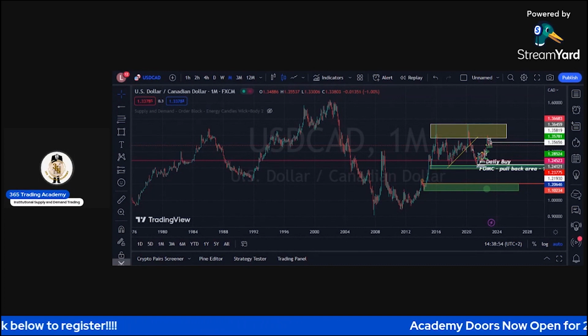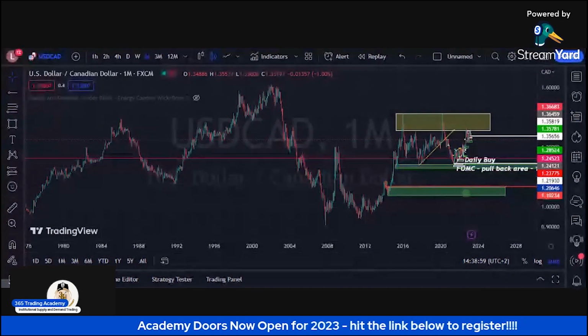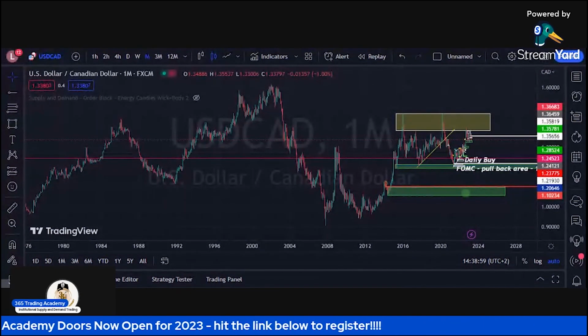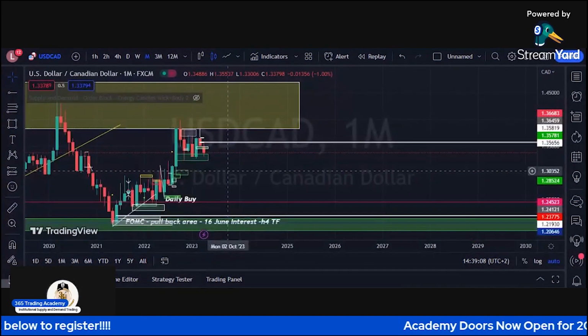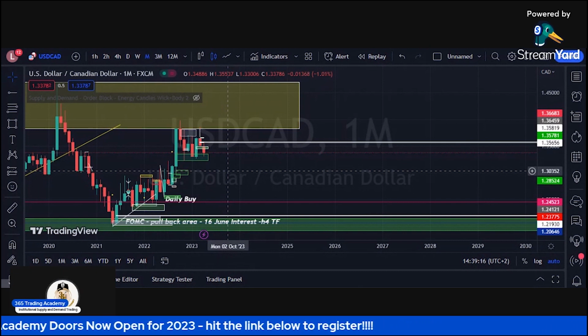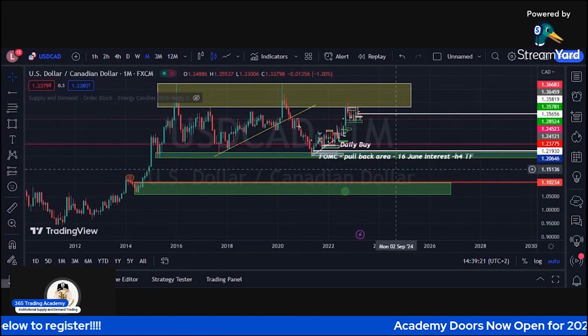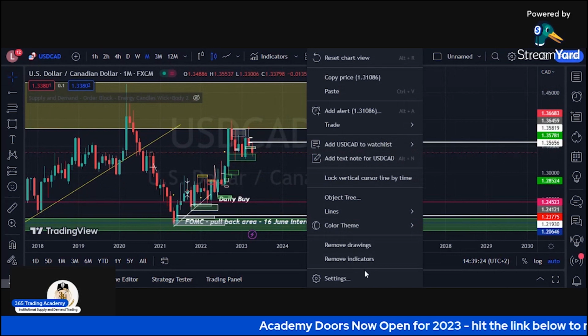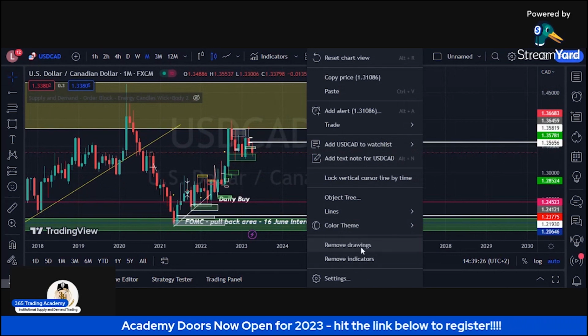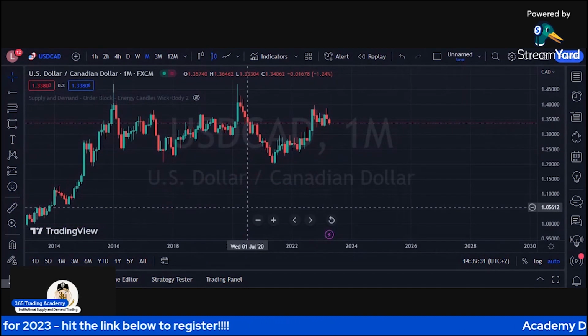Right, so without wasting any more time, USD CAD is the chart of the day, and I want us to dive in. So we're looking at the chart here from last year, 2023. Remember, we've had a very good run with charts like this and the dollar and interest rates going up, and it seems like things are about to change or have changed or are changing, right? So I'm going to delete all this work that we've done last year and then start to re-prep the chart this year, re-prep the analysis. I'm just going to start again, see the chart for what it is, right?